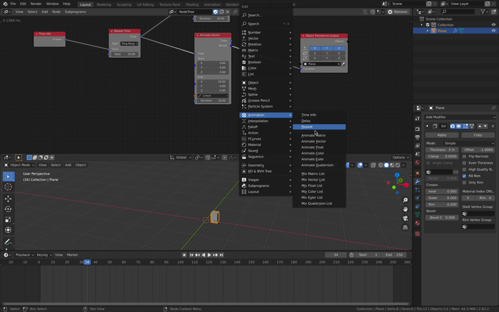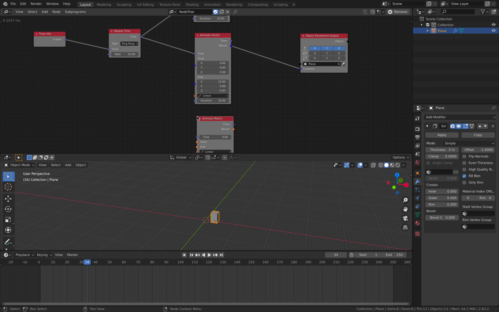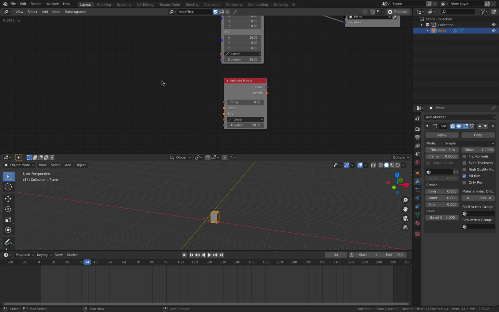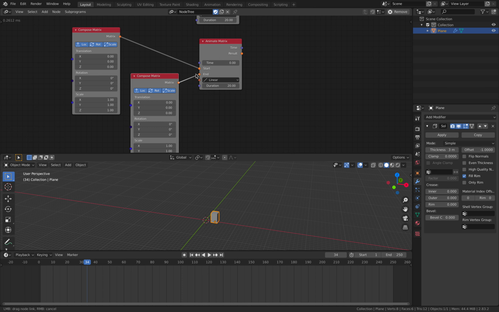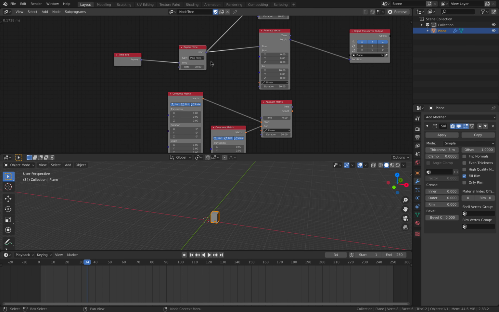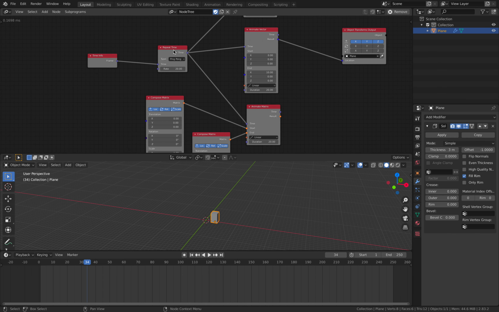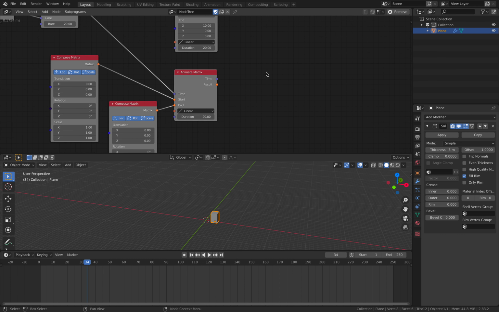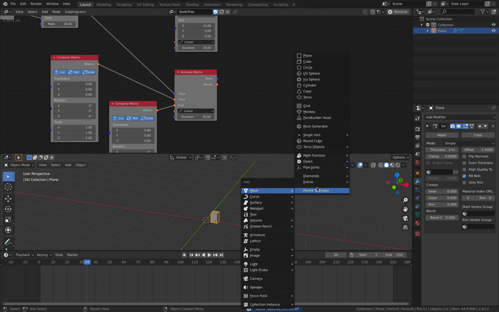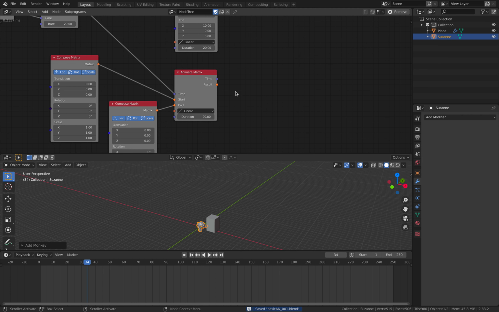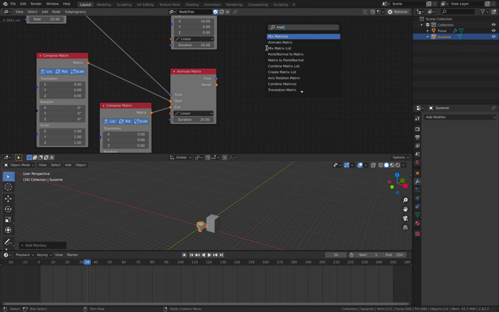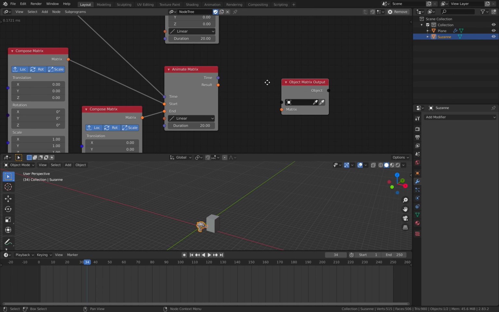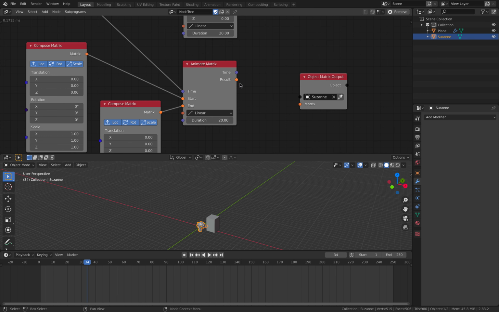Animate Matrix. Okay, Matrix is slightly more complicated if you use compose matrix. This is basically the whole transform animation. So we can use the same frame input that's being ping ponged, and you can try using Suzanne. Whatever is already in the 3D scene, we can control using animation nodes. So get our Suzanne matrix,